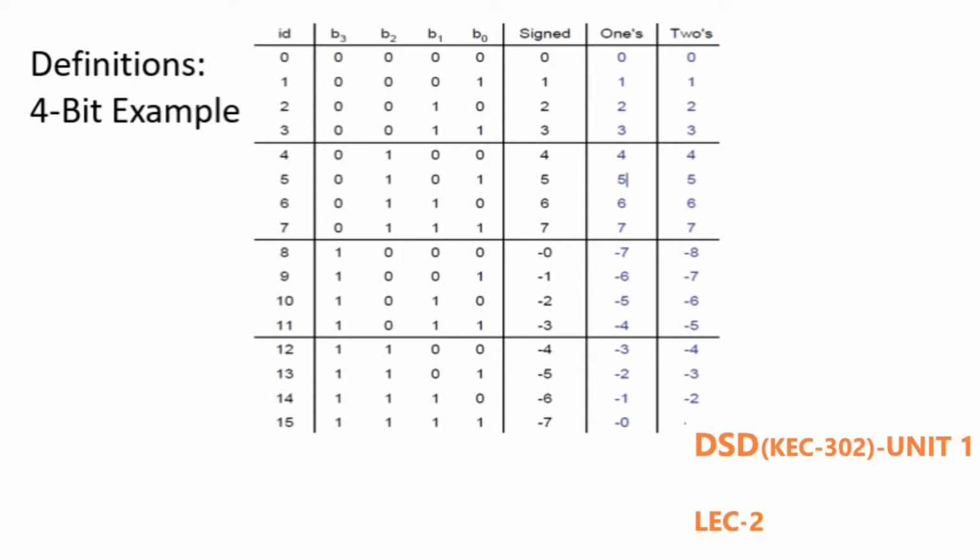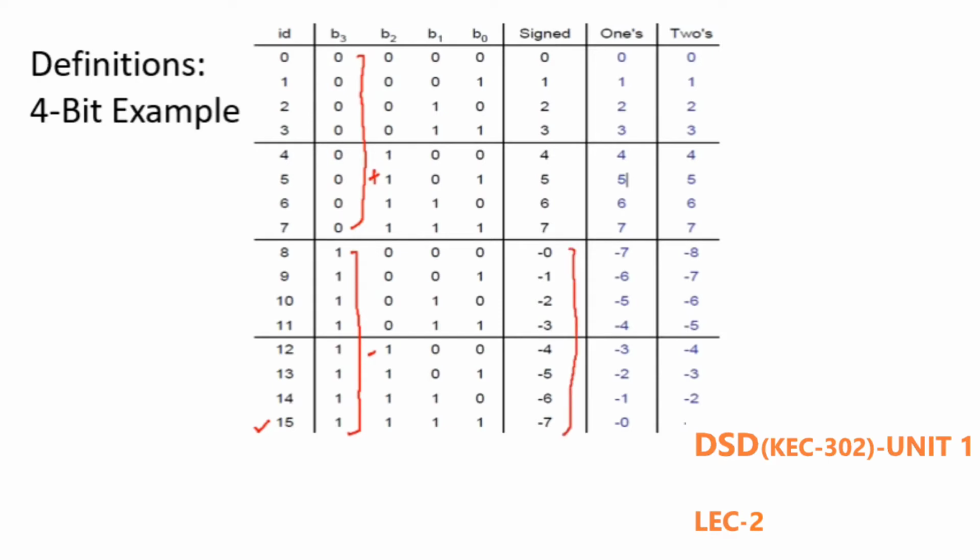This 0 to 15 is actually written in decimal only. When we are using signed magnitude representation, if we consider that all the numbers are positive, then this 0 to 15 will be used for 0 to 15 positive numbers. But to represent negative numbers, these 8 zeros denote positive numbers, and these 8 ones denote negative numbers. So in sign magnitude representation, these 0 to 7 are for plus 0 to 7, and here these are minus